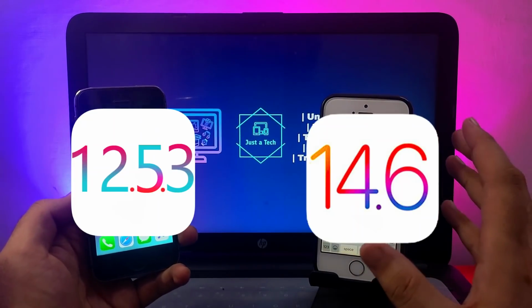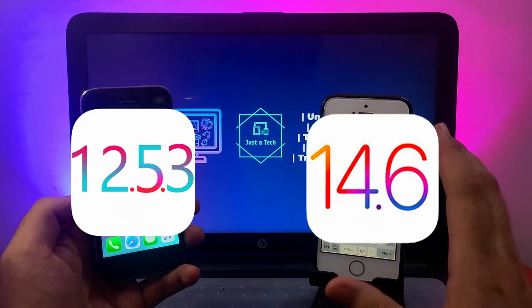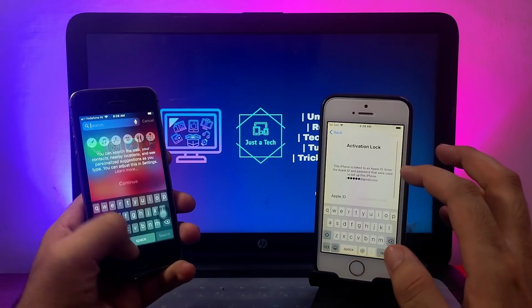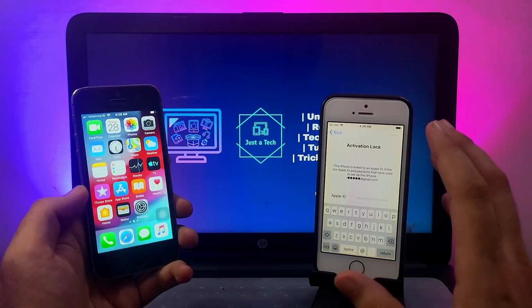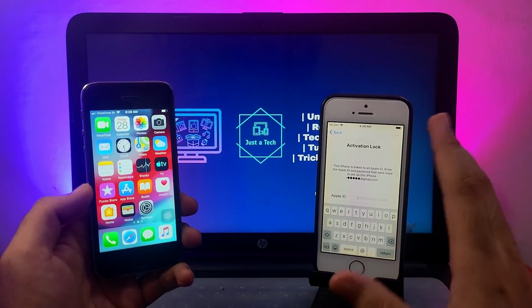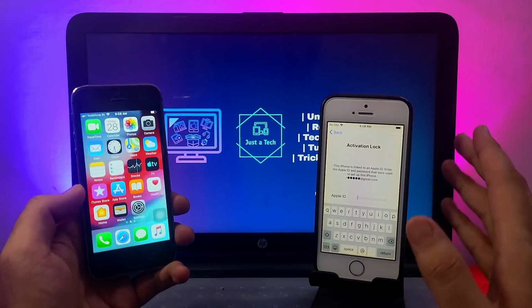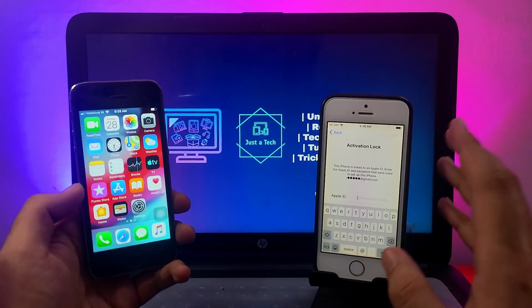This method will completely support the latest iOS 14.6 and also the 14.7 beta, so you can easily do that on the latest iOS version, including the iPhone 5s to iPhone X. Whether you have a GSM model or MEID doesn't matter, so you can apply it on all the devices that support the checkra jailbreak. So let me go to my computer screen and show you the step-by-step process.